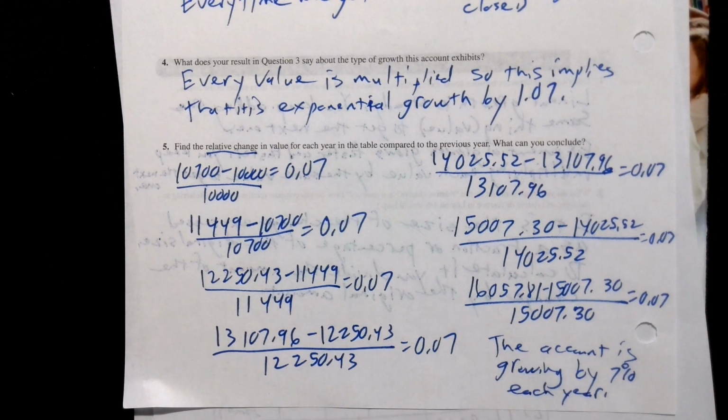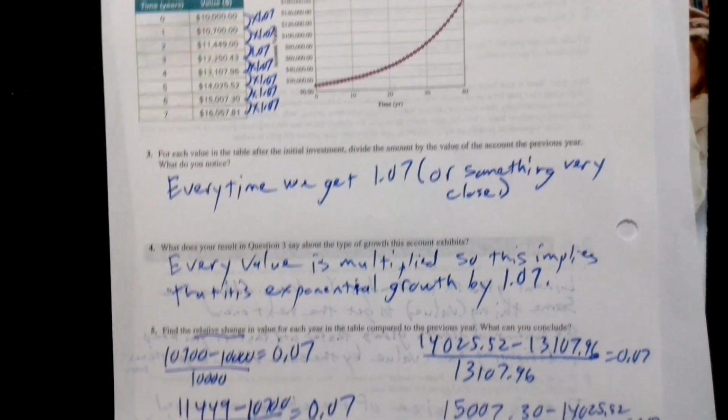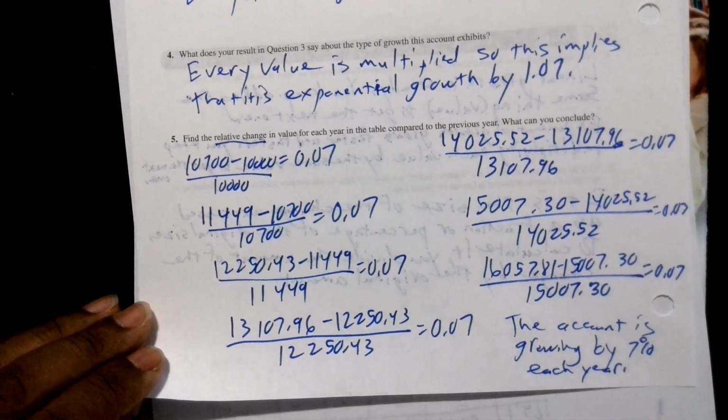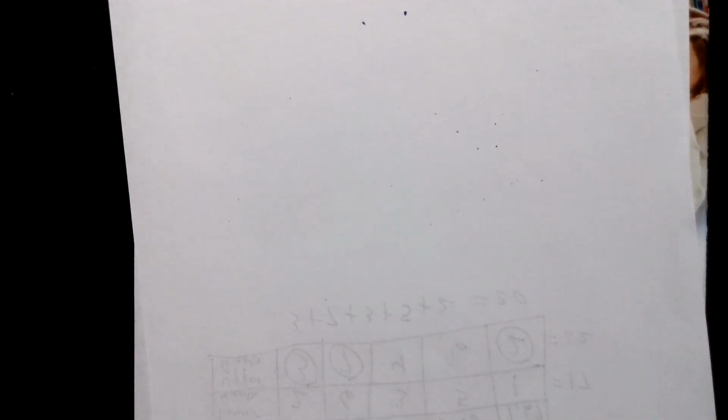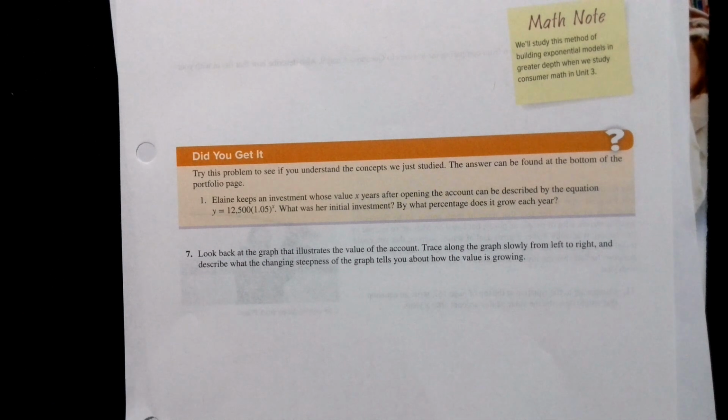So that 1.07 that we got earlier that we're multiplying by, in real terms, the money is growing by 7%. Okay, now we move on to the next page. Get in problem 6 here. Now it says,